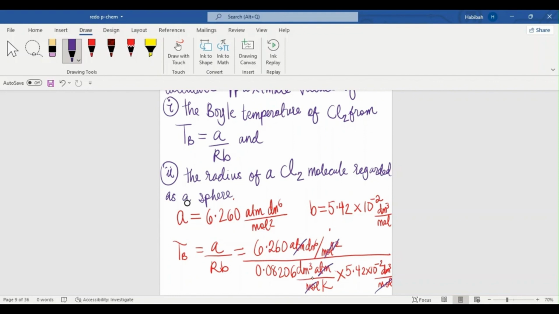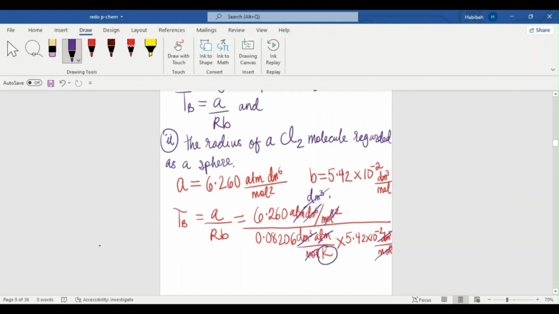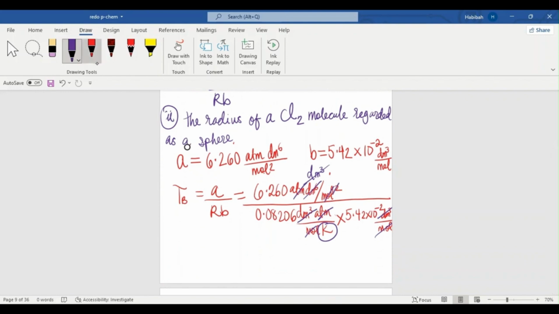So you have dm6 and then you have dm cube. Well, cancel out dm cube here, and you cancel out the dm6, you get a dm cube, okay, and then you cancel out this. So basically what we have left is just the unit Kelvin, which matches because we're solving for the Boyle's temperature. So what you just do next is simply TB, okay, equals